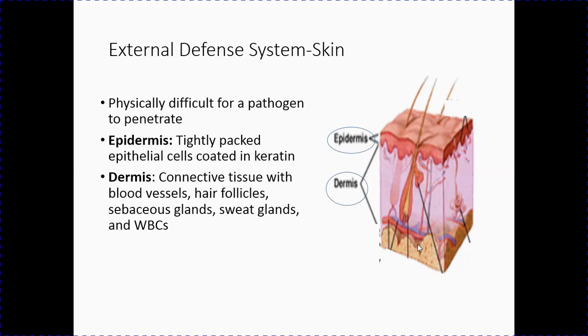First defense system we're going to look at under the external defense system is the skin. We know this is a really important component of our external defense system. The skin is structurally a very tightly packed set of epithelial cells that are coated with a chemical called keratin. The skin is basically impermeable to most infectious agents based on the tight